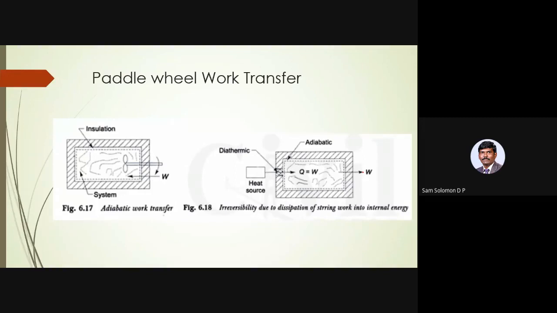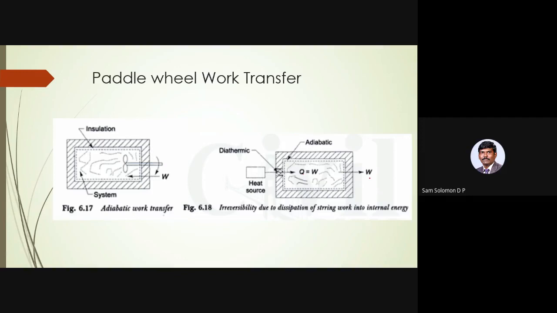Number 2, if I have to bring back to its initial state and higher internal energy, then I have to supply some heat here. Okay, so if I supply some heat from the heat source, its internal energy will rise once again. This is equivalent to the amount of work that has been given out by the gas. So now I have an engine, okay, which is delivering work equivalent to the amount of heat supplied. Imagine this as a cycle which is going again and again. I am delivering heat and all of heat is converted into work.